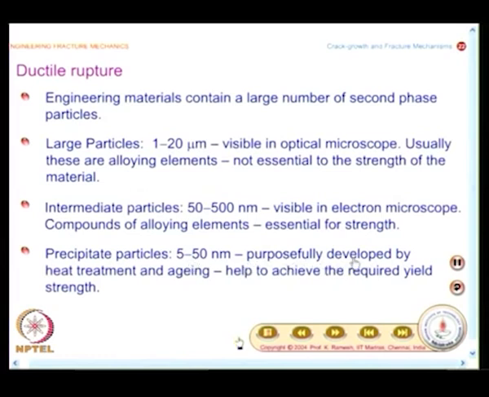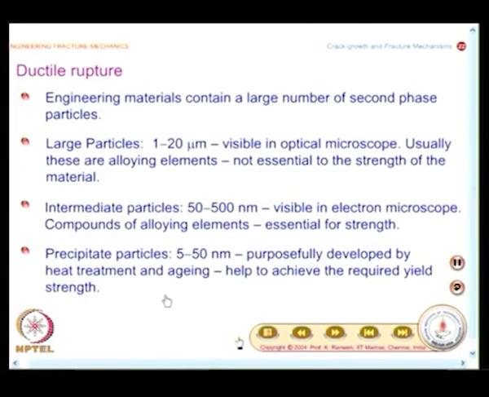They are purposefully developed by heat treatment and aging. And what is their role? They help achieve the required yield strength. All these are in the domain of metallurgists, material scientists, they develop high strength alloys, and they also want to have a combination of high strength and high toughness. So, they have to find out what kind of processes would help them to do it. So, they find suitable heat treatment and aging can help to achieve the required yield strength,